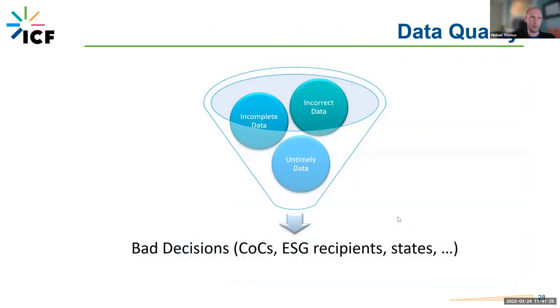What we are really getting at with all of the data quality talk is this. Data in HMIS needs to be accurate, complete, and timely. When data is not accurate, complete, and timely, it leads to ineffective data analysis. COCs don't get a full picture of what's going on in their geography. You don't get a full picture of what happened with your funding from the CAPER reports. And it ultimately leads to bad decision-making for COCs, for ESG recipients, for anyone who uses that data. So that's why we harp on data quality so much.